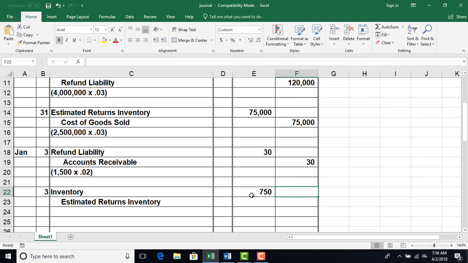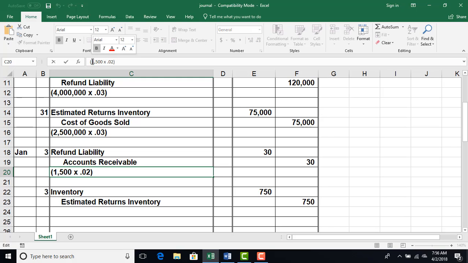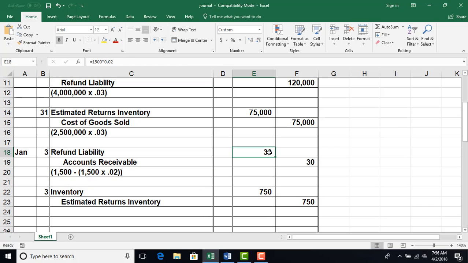Oh, shucks, you know what? Let me make sure I record that first one for the correct amount. That 30 was just the discounted amount. I got to do the same thing I did before. So it would be 1,500 minus that 1,500 times 0.02. That results in an amount of 1,500 minus 30, or 1,470. Oops, forgot my equal sign there. So 1,470. My fault. So that's the way that I would record this return there